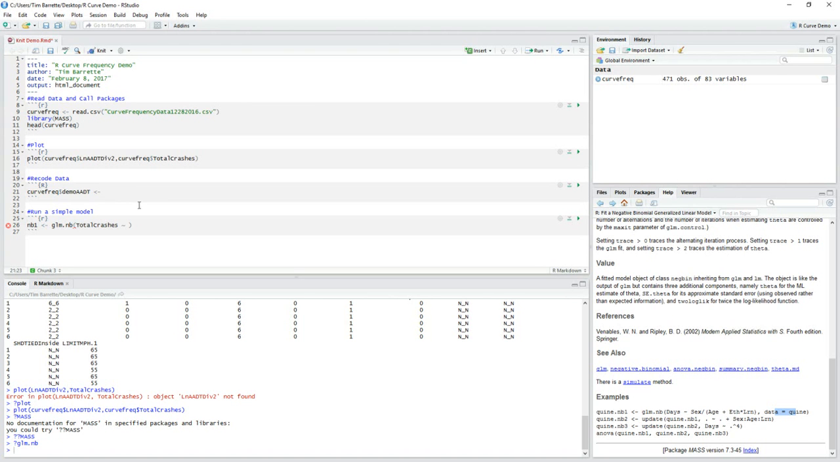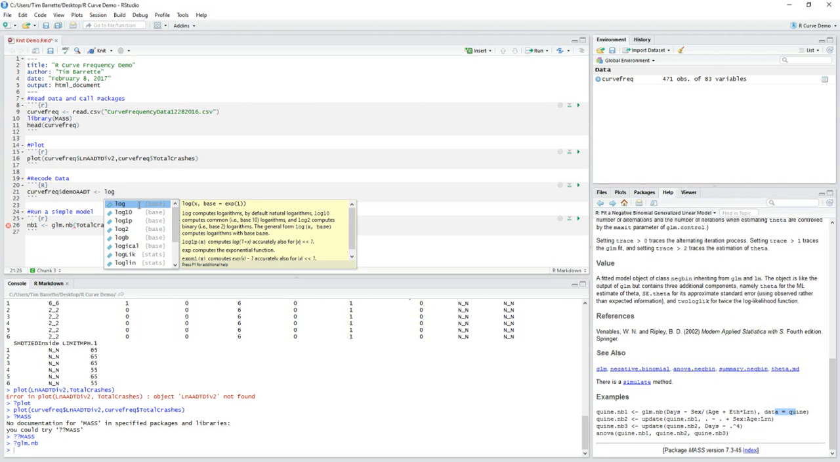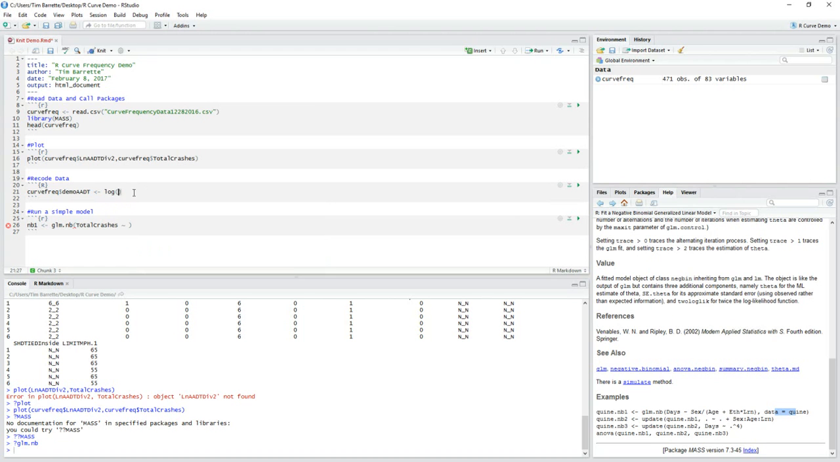So the ln function is not built into R. I want to use the log function. And log by default in R is the natural log. So if I wanted the log base 10, I would have to specify log 10. So I will use the log function. And now I'm going to call out my variable. It's curve freq, dollar sign